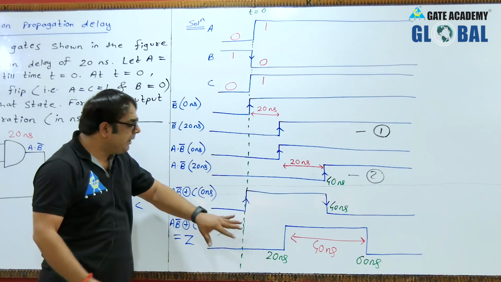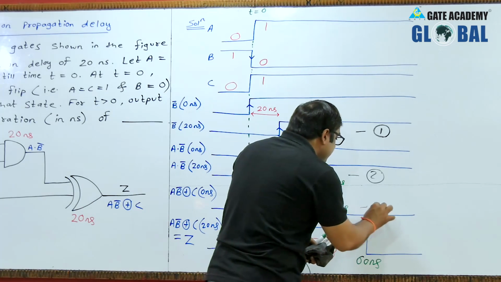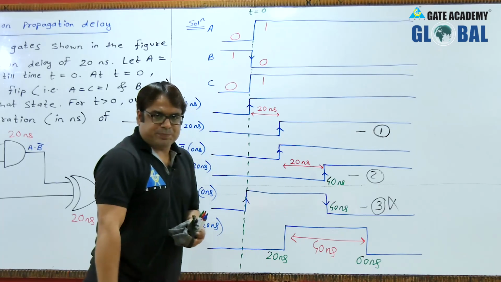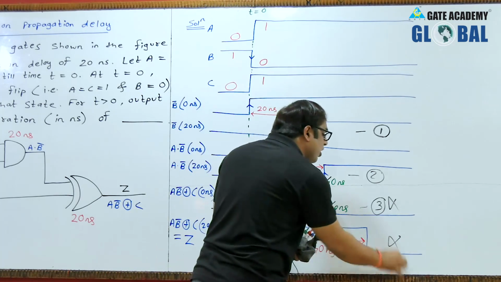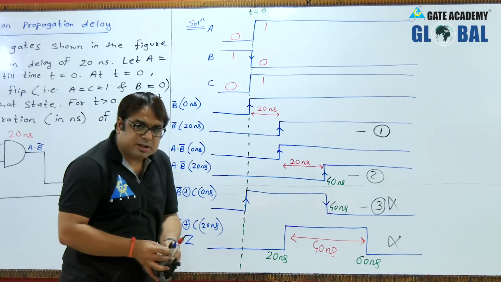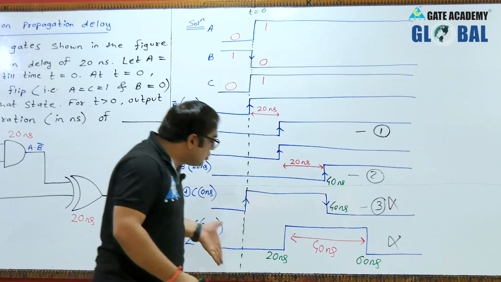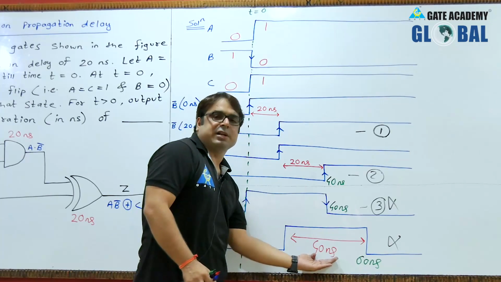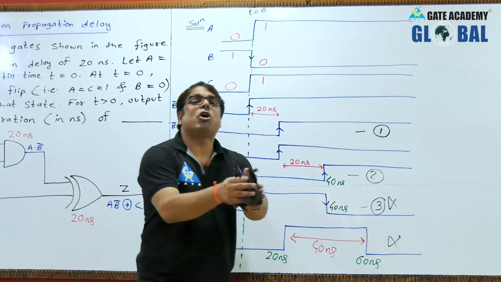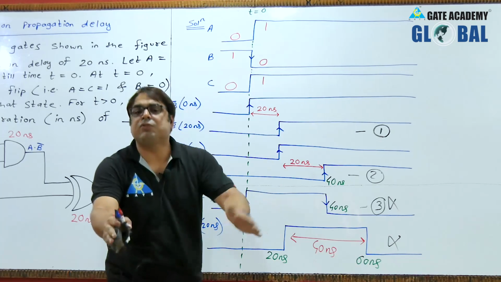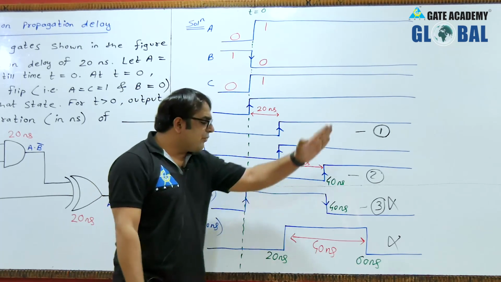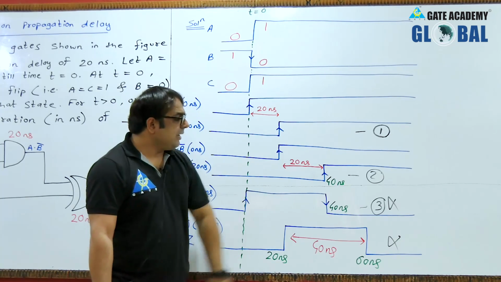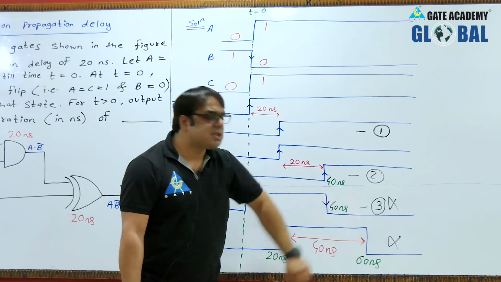And there should be no need. Okay, this will be the third step, or maybe you are even not required to draw this waveform. This last step is not at all required to solve this question if you want to save time, because shifting a waveform, see, this was also 40 nanosecond and this is also 40 nanosecond. So shifting a waveform will not make a change in the duration of logic high. So even you don't need to draw this waveform.